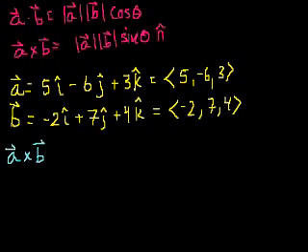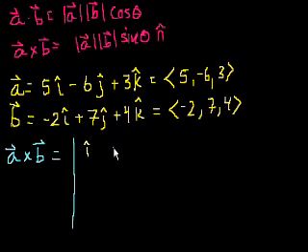A cross B equals... So this is an application of matrices. What you do is you take the determinant. So I'll draw a big determinant line. This is really just a way to make you memorize how to do it. It doesn't give you much intuition, but the intuition is given by the actual definition: how much of the vectors are perpendicular to each other, multiply those magnitudes, and the right-hand rule figures out what direction you're pointing in. But the way to do it, if you're given engineering notation, you write the i, j, k unit